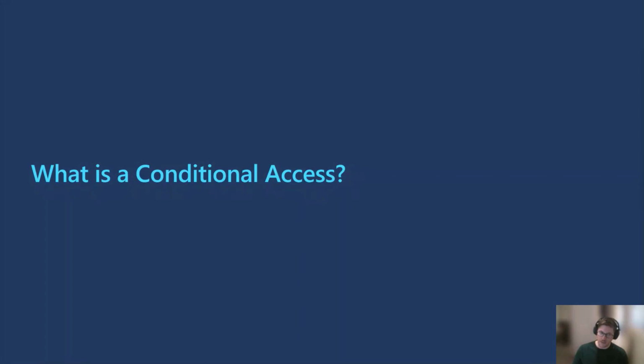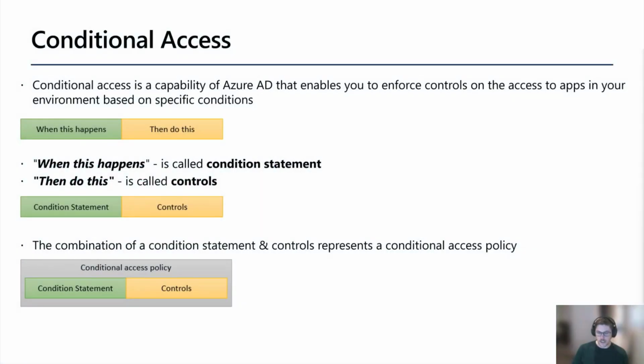Okay, so now that we've had a refresher of the environment, let's dig into device compliance. And before we can even talk about device compliance, we need to talk about the main thing that's going to be consuming that, which is conditional access. So conditional access is a feature of Azure Active Directory, and that is at the heart of the new identity-driven control plane. So why am I talking about conditional access first? Because it is the consumer of the device compliance state